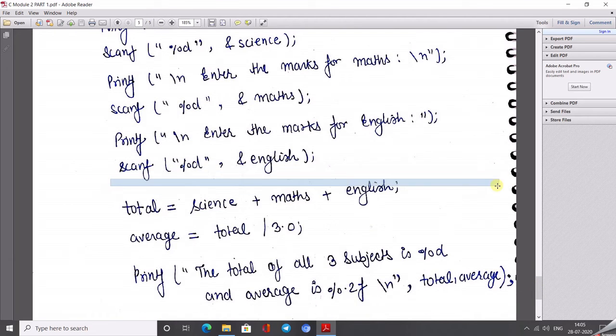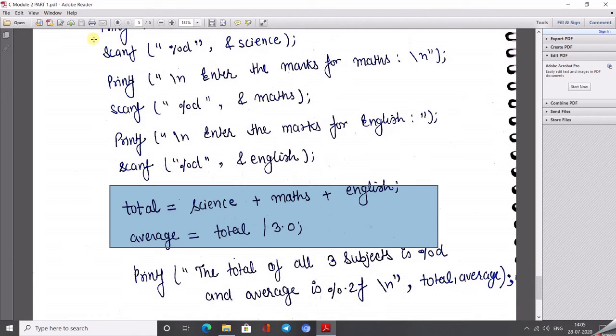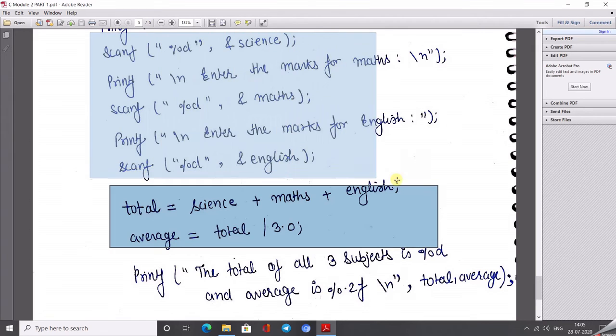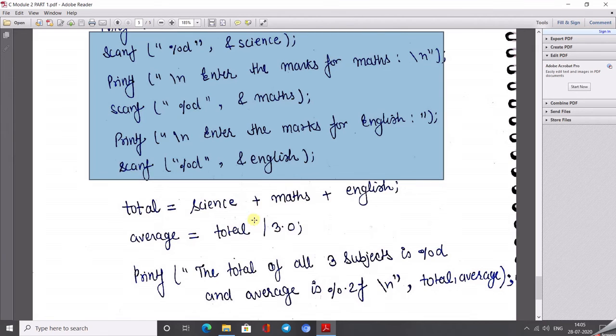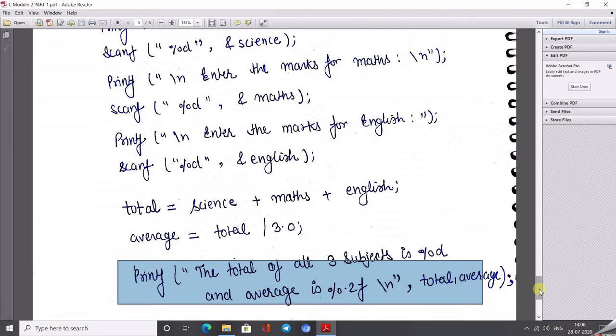I just used my logic after getting the input value, and after performing the logic, I displayed my output on the screen. So I hope you can easily understand whatever I taught in this lecture.